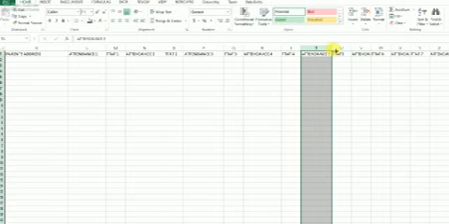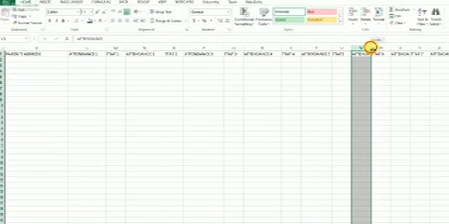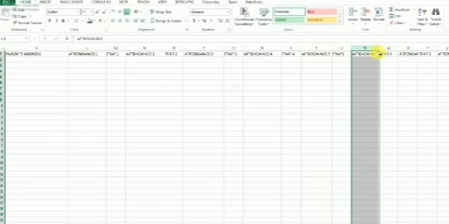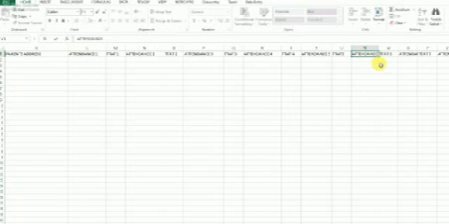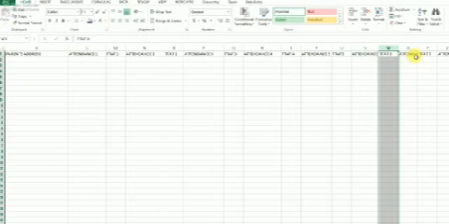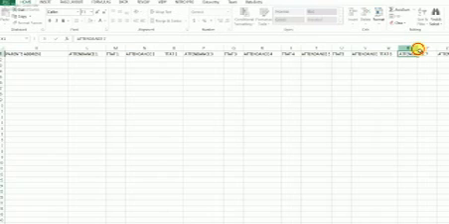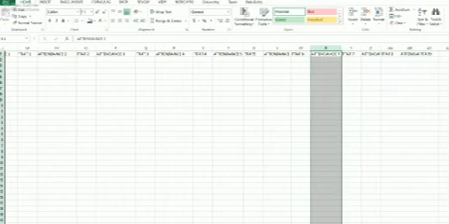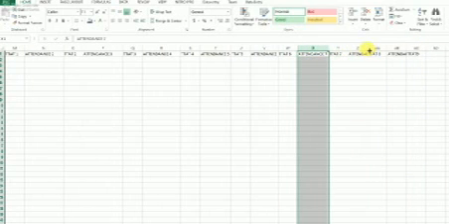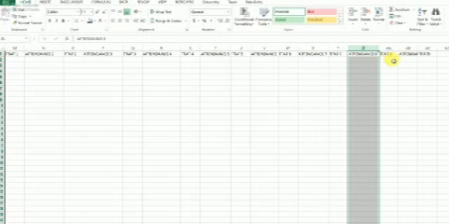Attendance 5, then total attendance 5, that one too is okay. Attendance 6, so we have total attendance 6, attendance 7. Then you place it in and you double click to adjust it automatically. And then this one too, attendance 9. Okay.